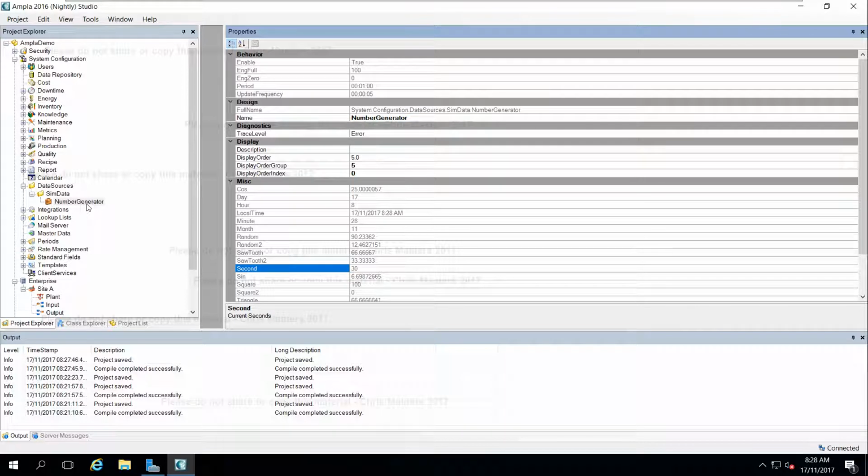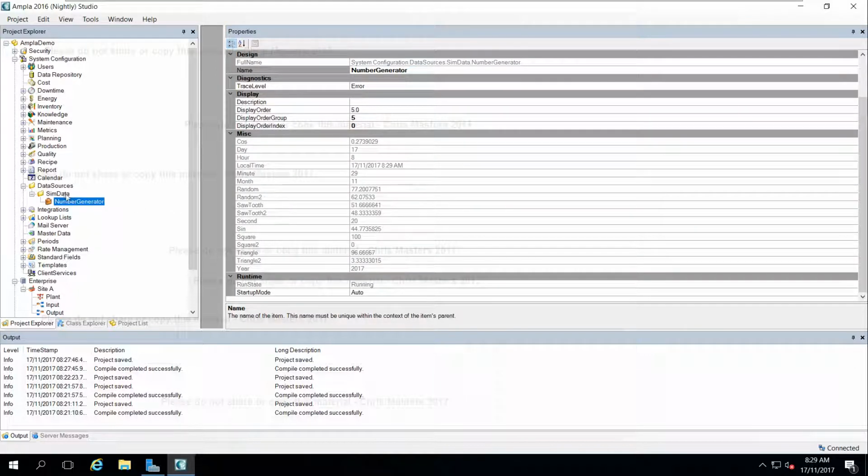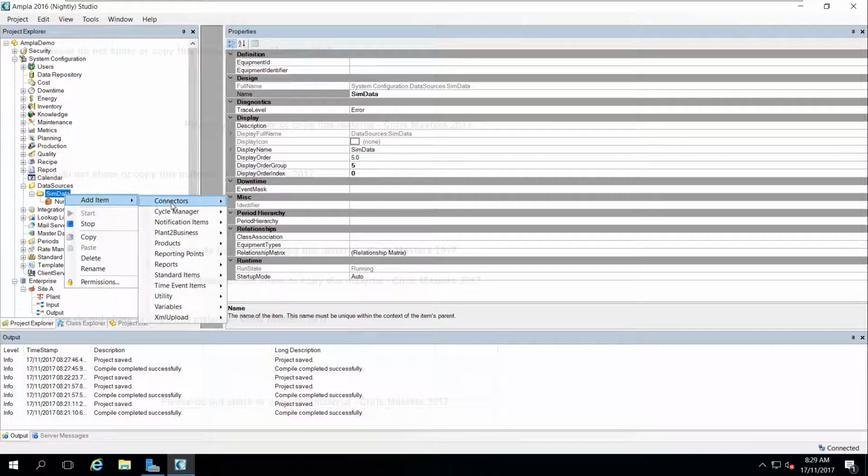So what I would typically use if I was simulating is I would leave it in default so it updates every 5 seconds or so, and then I would typically tap into these random numbers in here and then form some sort of calculated variable that uses these to output something that I can use to drive the automatic detection of downtime. Okay, so now what I'll do is I'll create a calculated variable that is using one or a number of those